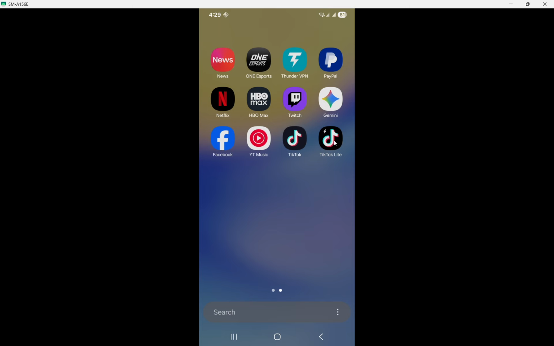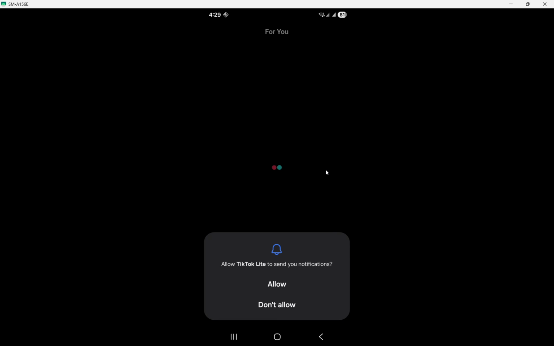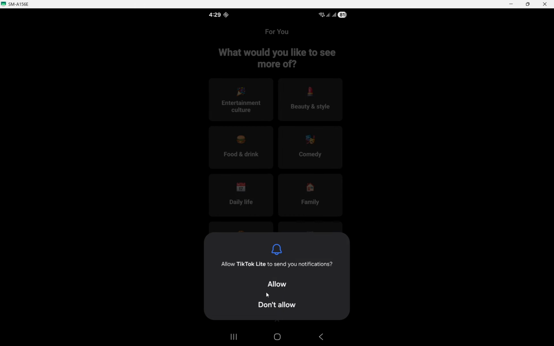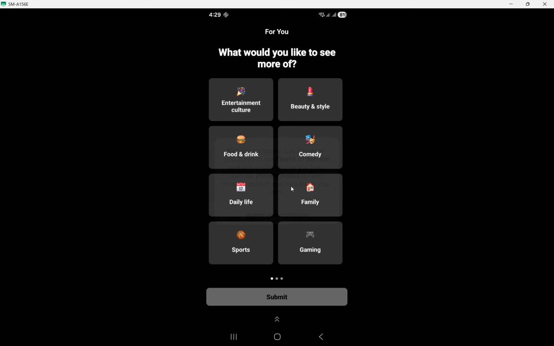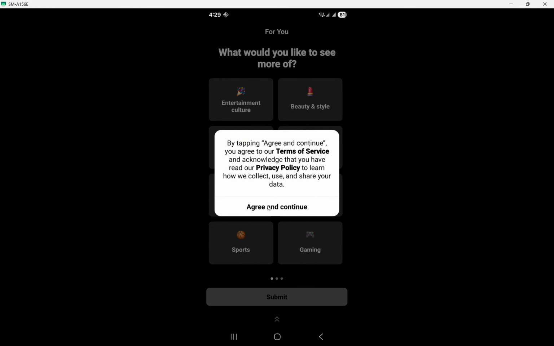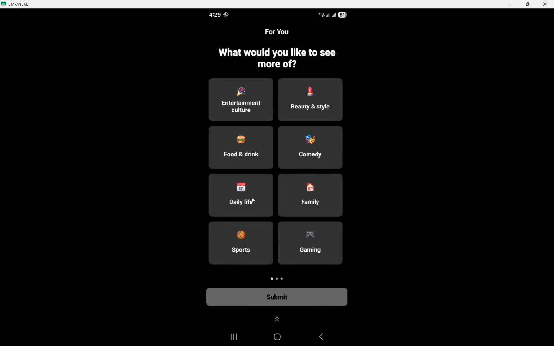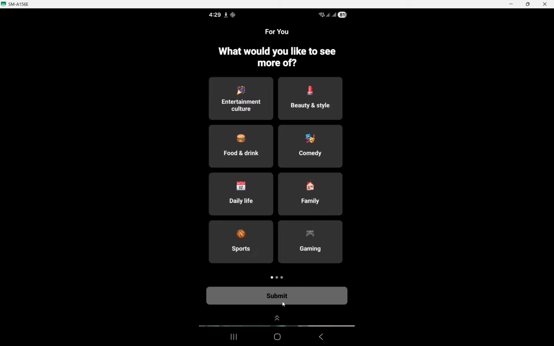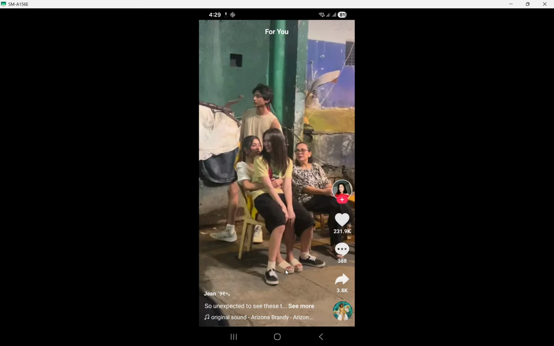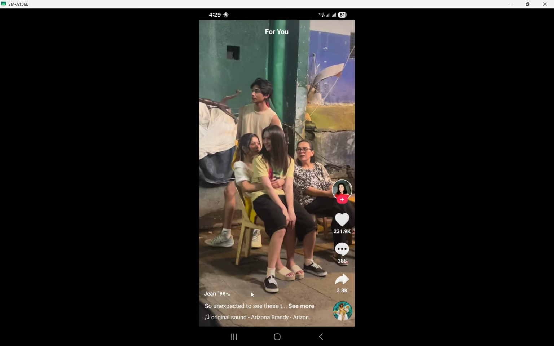That's it. You now have TikTok Lite on your Android device. You can also find it anytime in your app drawer. From here, you're ready to start exploring short videos with a smoother, data-friendly experience tailored for lighter devices and slower networks. If you ever run into issues, double-check your internet connection, make sure you're signed in to the Play Store,